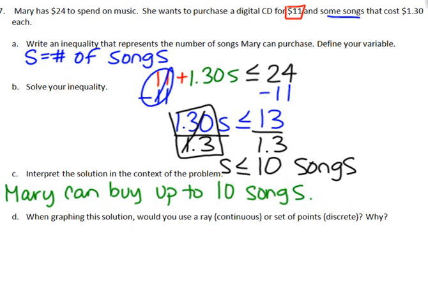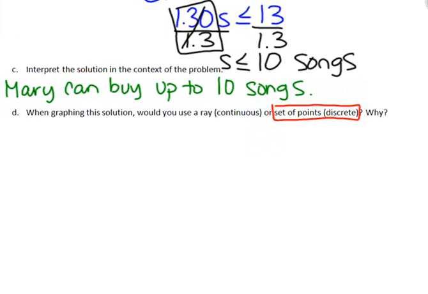Okay, when graphing the solution, would you use continuous or discrete graph to represent that? You are not allowed to buy part of a song. It's not like you can go online and just say, yeah, I just want the first third of the song, or I just want the chorus. You either buy the song or you don't. So that tells us that we're going to have a discrete variable, which means we're going to use a set of points. So we can say,